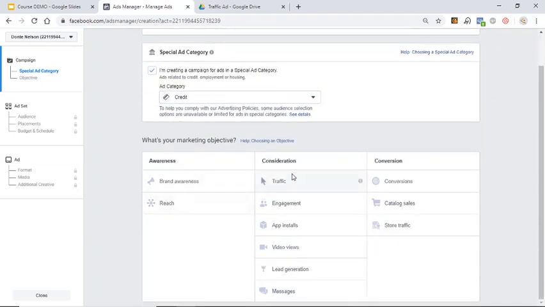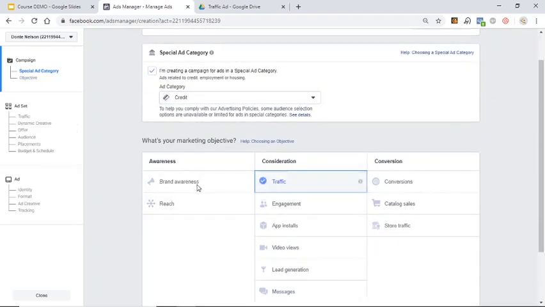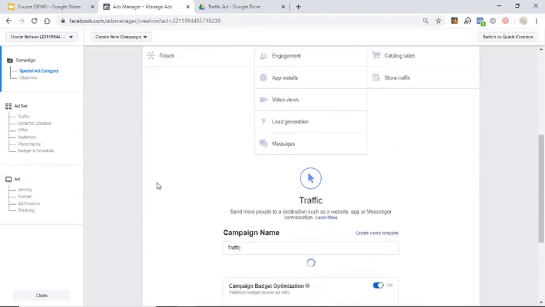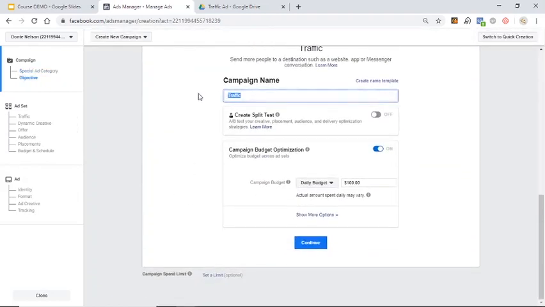The first ad is always going to be traffic. Not always, but for me it is. And literally you can just name it. I name it web traffic and 18 and up. Also with the audience,